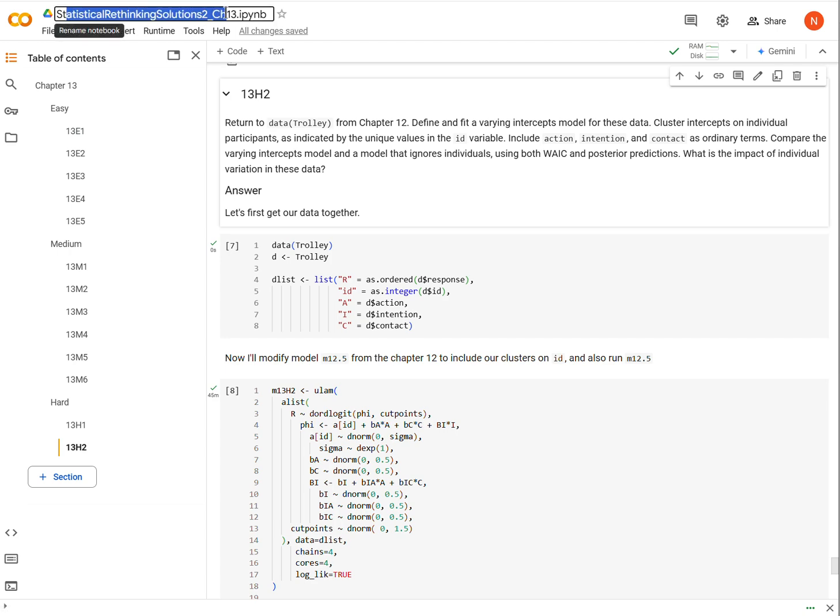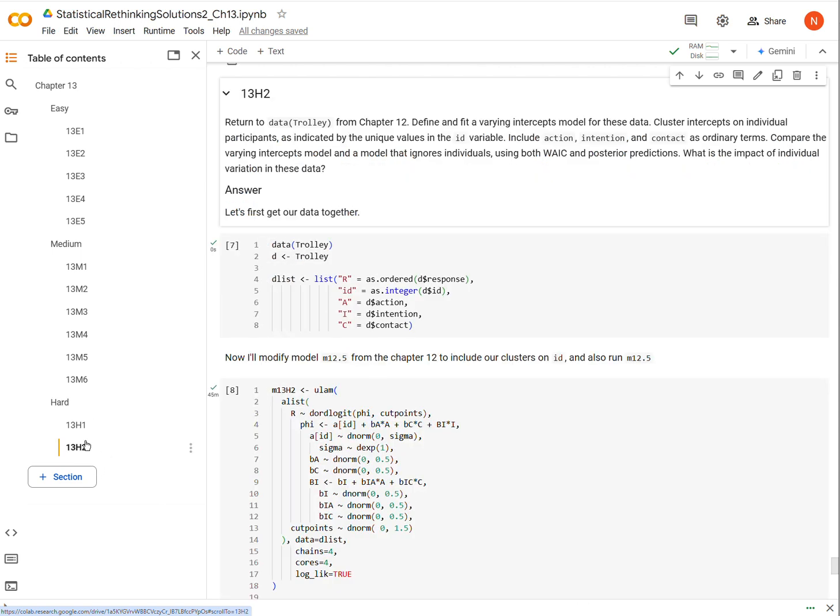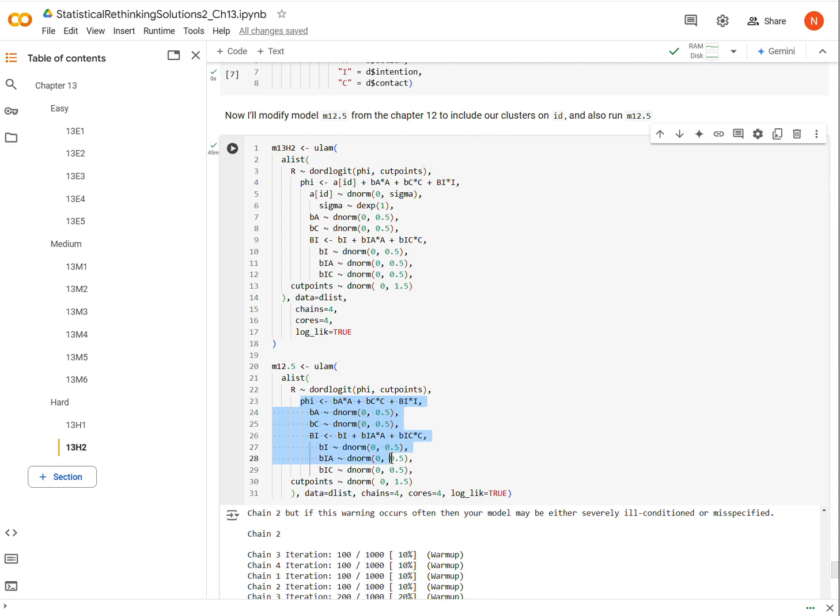Statistical Rethinking, second edition, chapter 13, in the hard questions here, and we're on question 13H2. Okay, so we are going back to the Trolley data set, and there we fit a model. In fact, we fit this model right here,